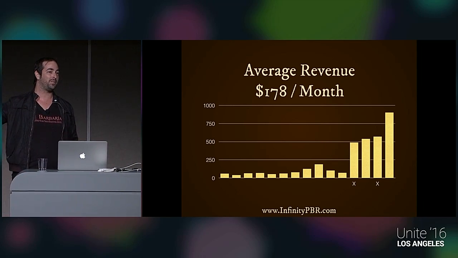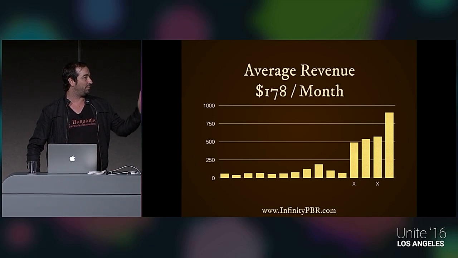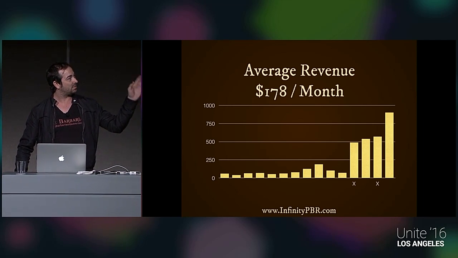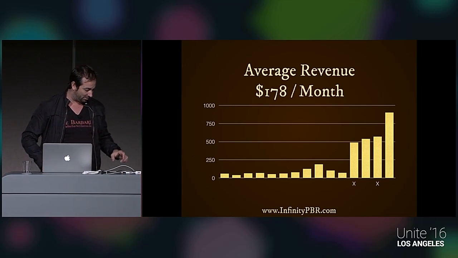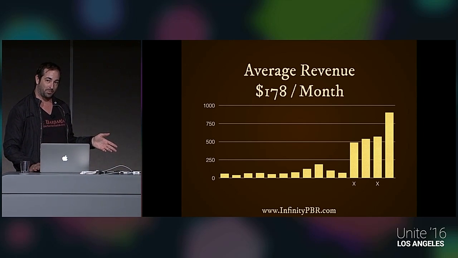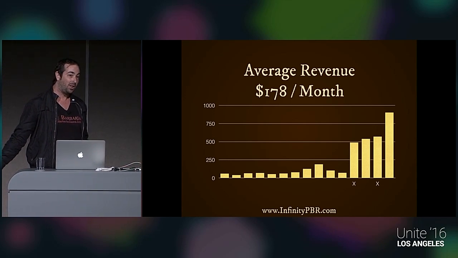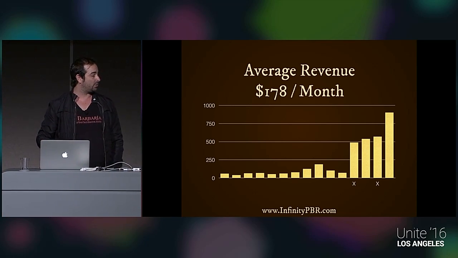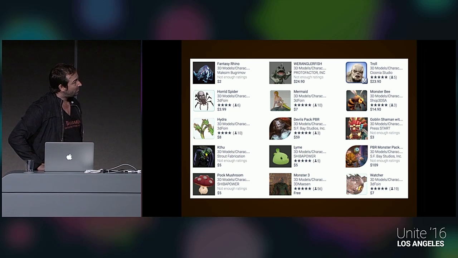But each of those were part of the subscription. And so they've been around for 1 month and got a bunch of money. And so exclude those, and exclude the dragon, and exclude the human, because really they're flukes compared to everything else. And my actual average is more about $70 a month per character. So over the course of a year, it's going to make less than $1,000. Do the math, and that's why I've lost money, I suppose, because I spend more than that. So let's do a test.